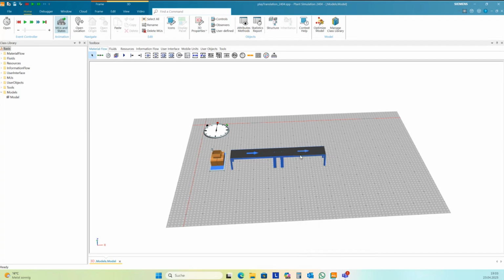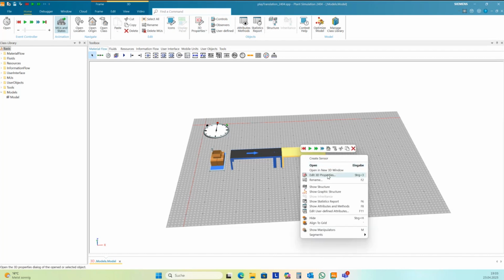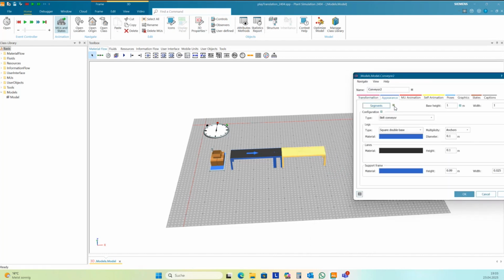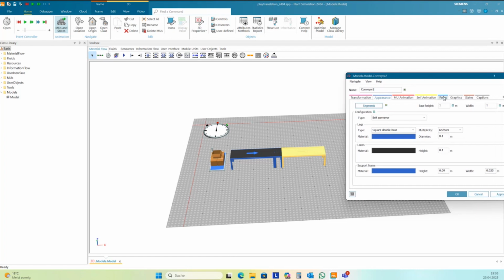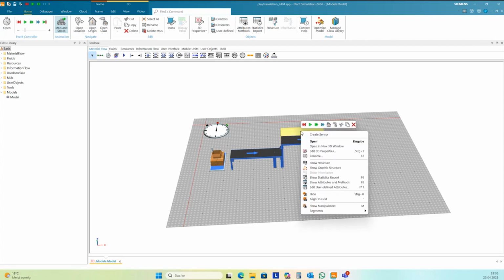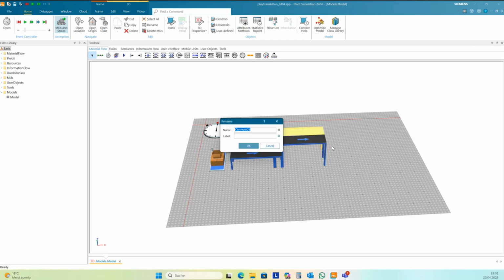And this we can set with the 3D properties. In the tab Appearance, you can set a different base height, 2 meters. And I copy this, and I want to rename this to conveyor 3.